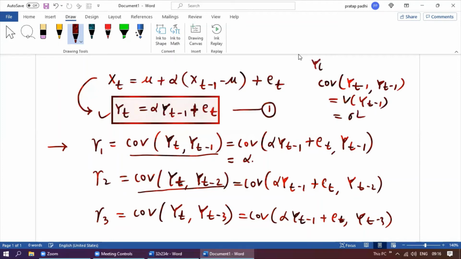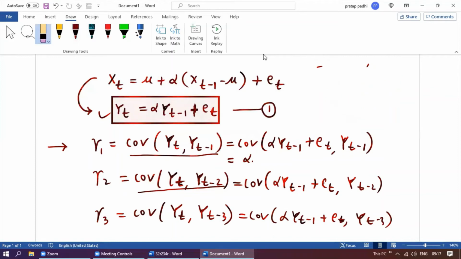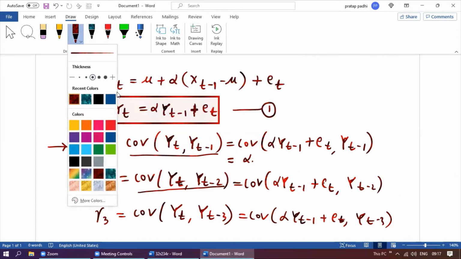Remember, yt follows normal 0 sigma square. Even yt minus 1 follows normal 0 sigma square. So if you find variance, it will be sigma square. But et, when you find it with any previous values, that means